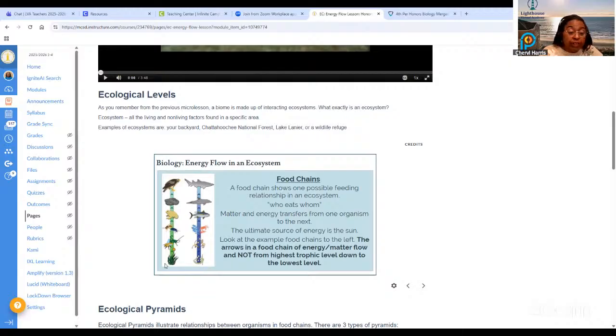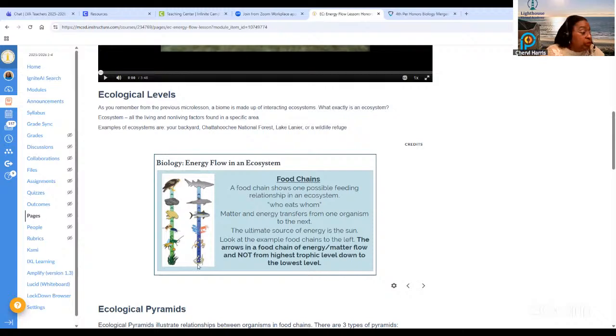Your food chain is relative to the environment that you live in. And that's important. Remember, I told you that you're going to do a project when all this exam stuff is over. I'm going to ask you to tell me about the food chain, the feeding relationship of the organisms in the ecosystem that you choose. So you'll be asked to look at that.